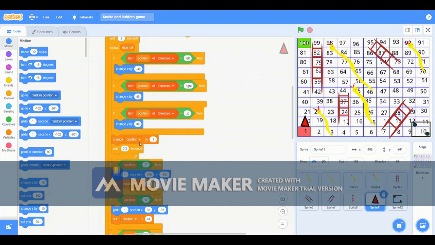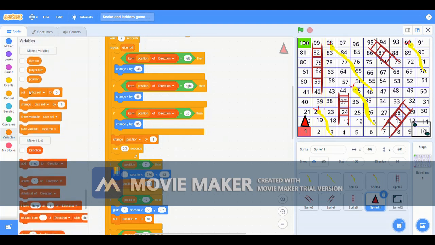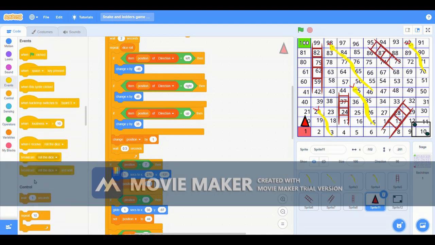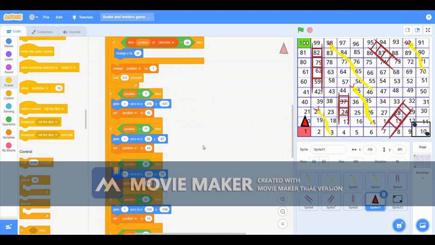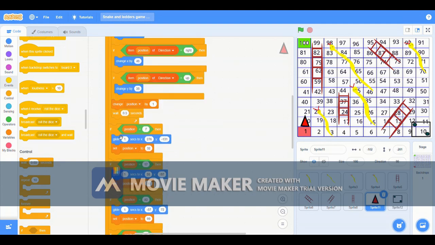here is change position. You have to go to variables, and here you will do change position by, and keep the position by, change position by whatever, here it is 1. Okay, and then wait 0.03 seconds. It will be here, wait 1 second; you have to write here 0.003 seconds. Okay, and after that what you have to do,